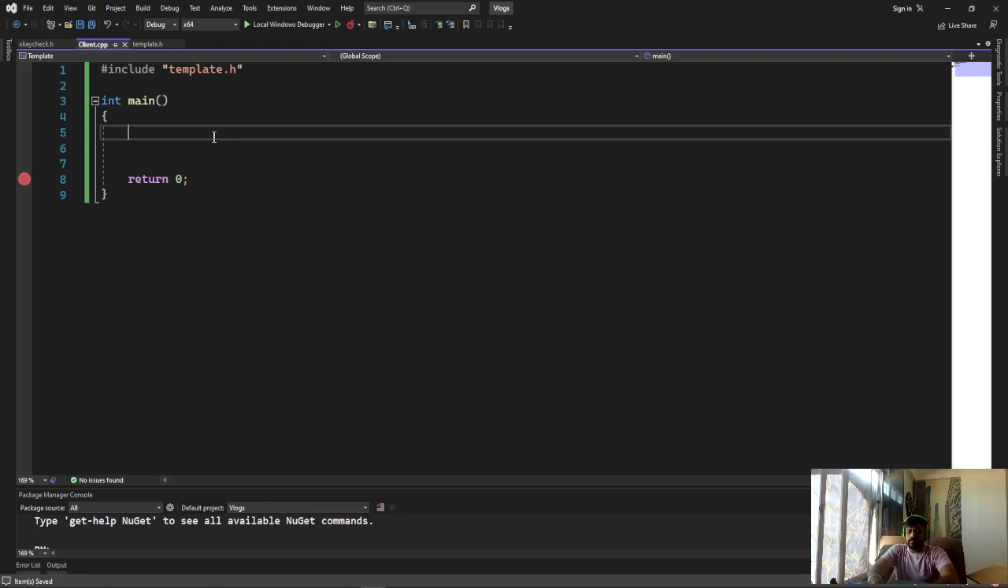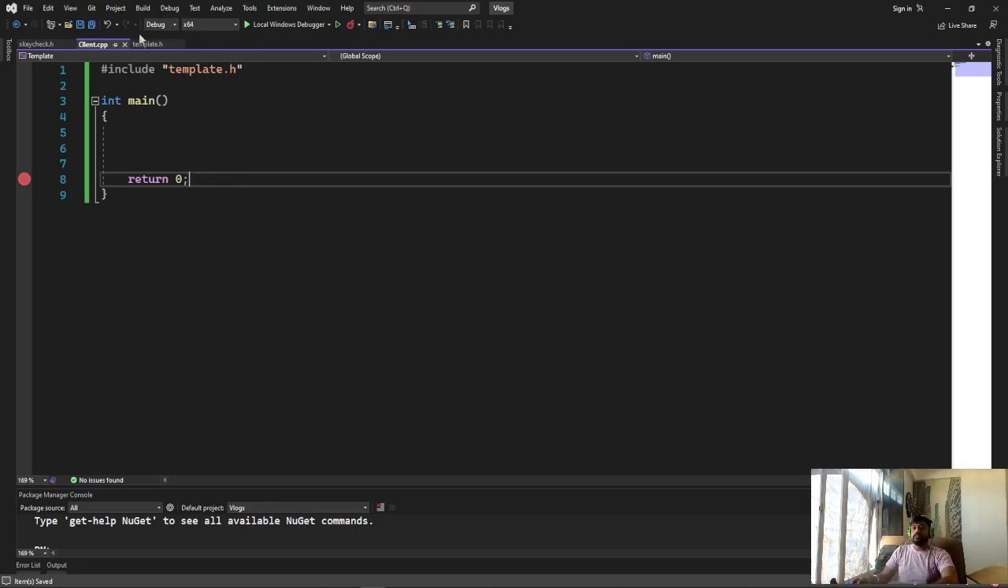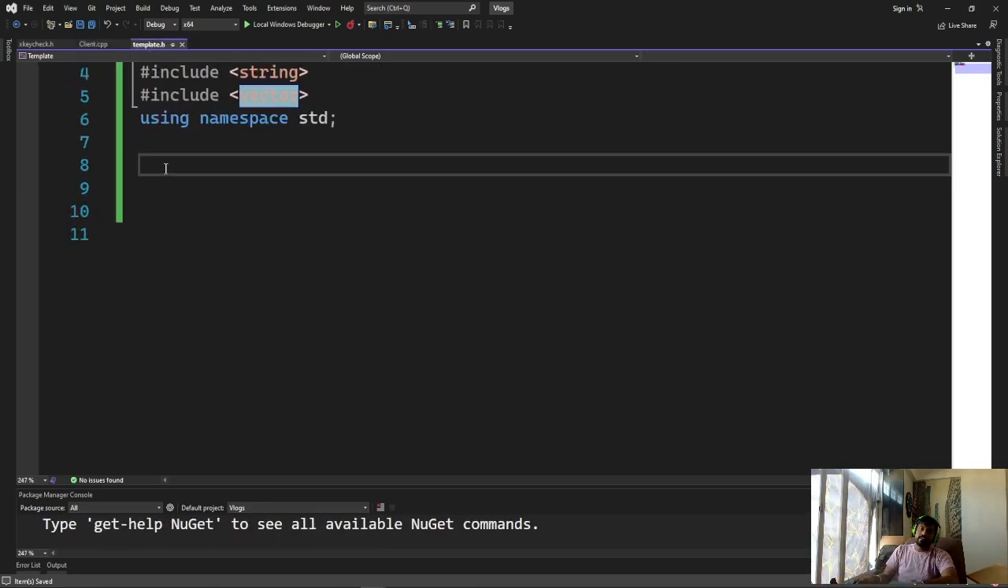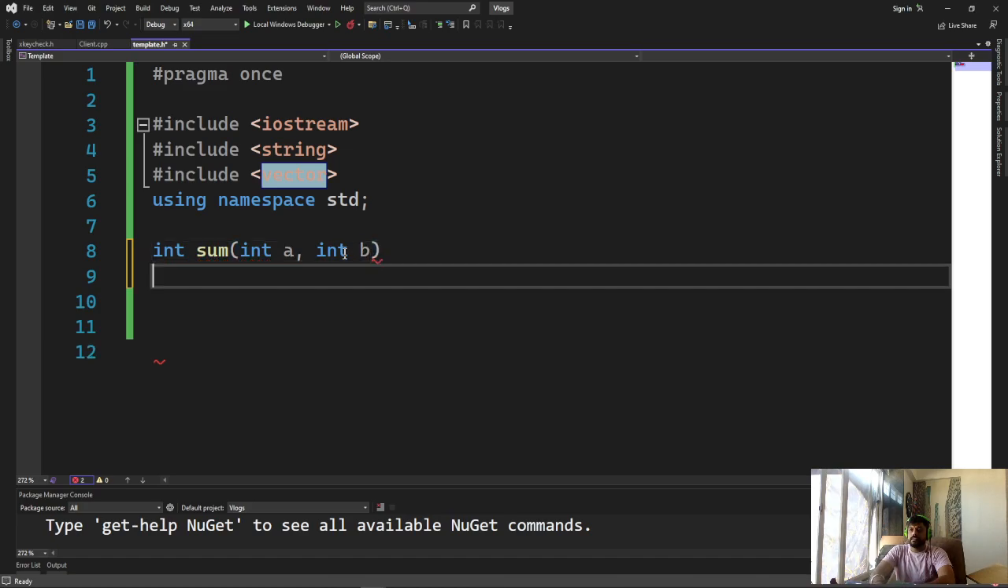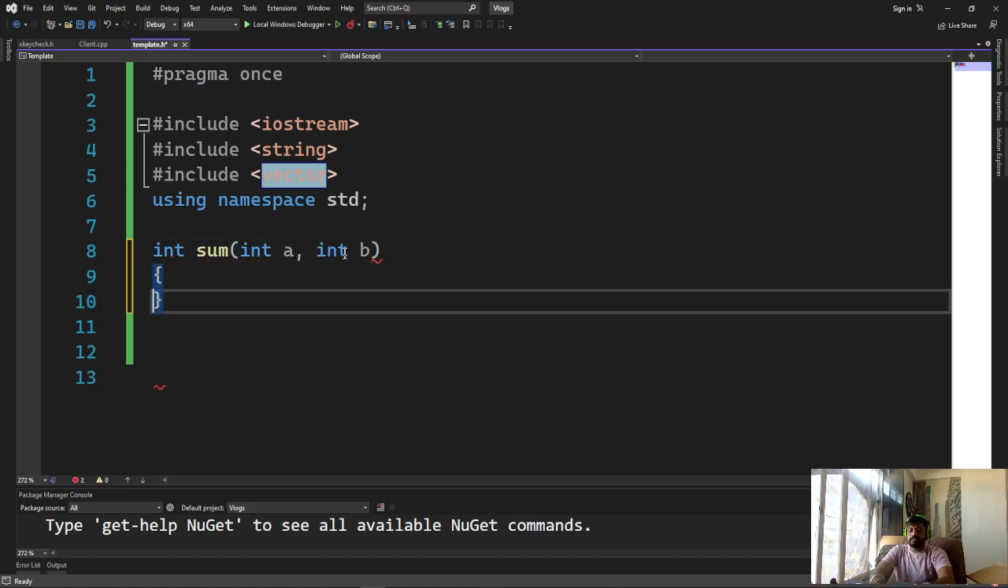So let's consider an example where we are adding, so I'm using Visual Studio. I have a cpp file, that is client, and a template.h file. Let's have only one example till the end so that we will not go off topic. So let's say I ask you to write a function which adds two numbers of integer type. You will write it like this: sum, a comma b,